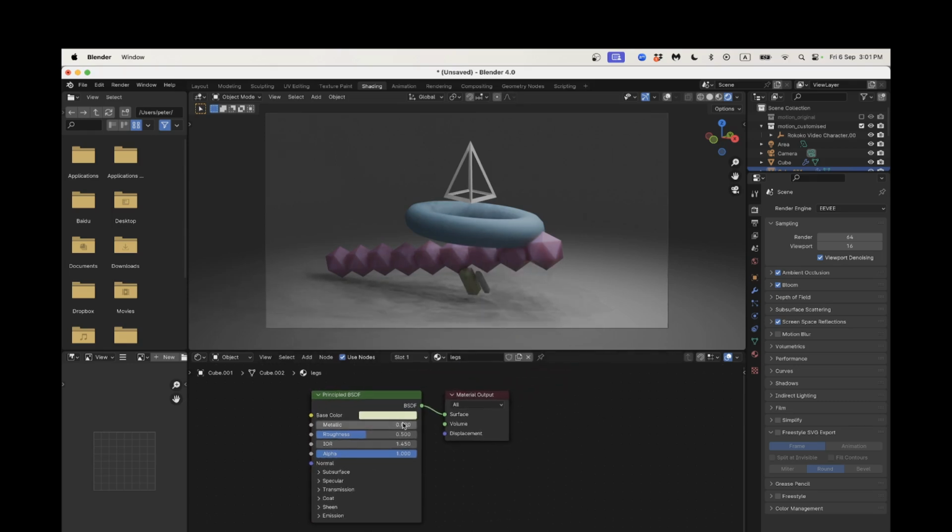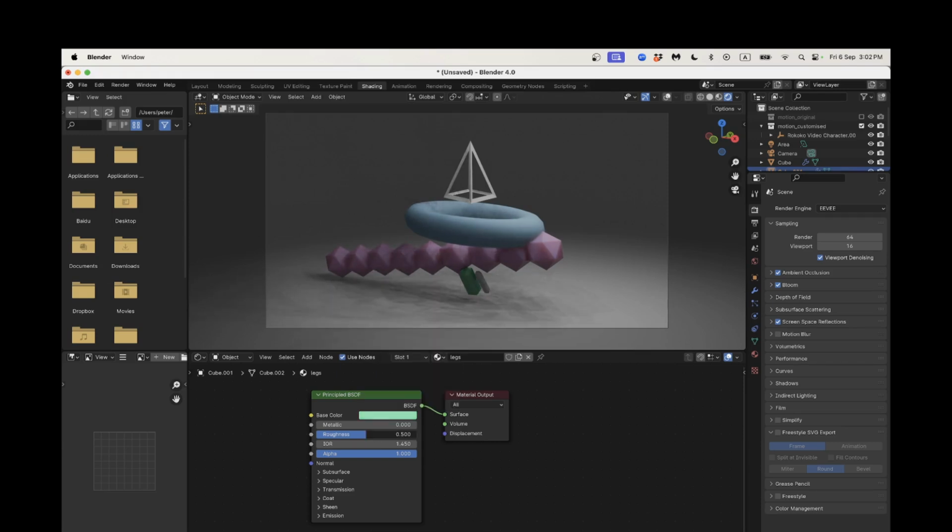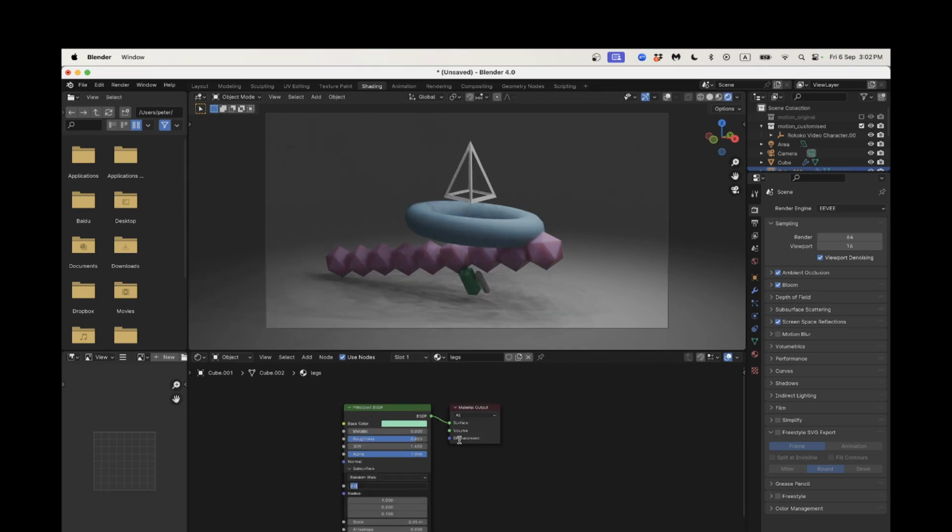I want to just do that so I can see my colors there. Maybe something like that, but I'll drop the saturation a little bit and make it rough, turn its subsurface up, and turn the scale up a bit,